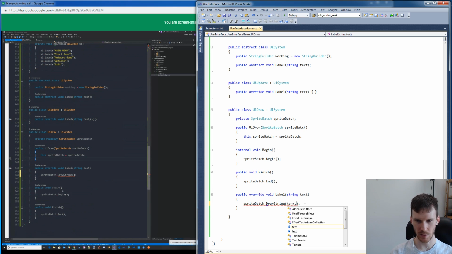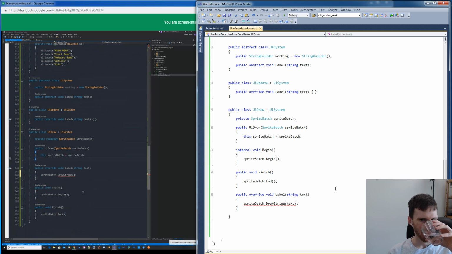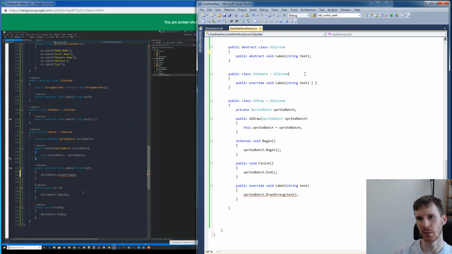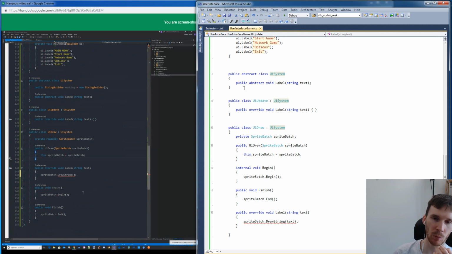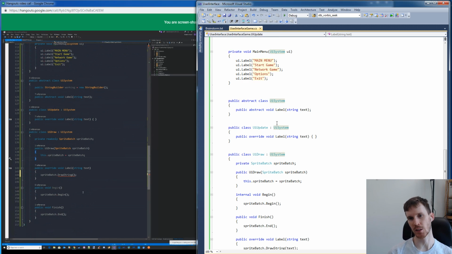So, drawstring text. We need the font as well, and the working buffer thing. That's an interesting thing. We're going to pass a string literal into label. How are we going to use the working buffer in that case? Just append it? Okay, so the working buffer. I'll get rid of this for now, just because we're not using it, but eventually we will want some storage there, which means that we're going to have to go ahead at some point, just because